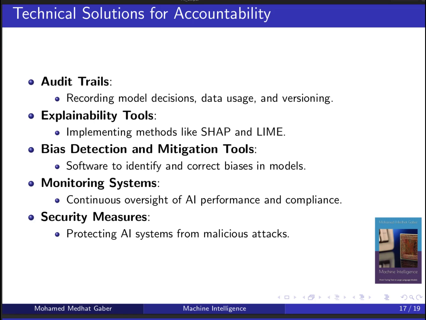Finally, robust security measures are essential to protect AI systems from malicious attacks and unauthorized access. Implementing strong authentication protocols, encryption, and intrusion detection systems helps safeguard sensitive data and maintain the integrity of the AI models. Security is a foundational aspect of accountability, ensuring that the AI system's actions are genuine and free from external